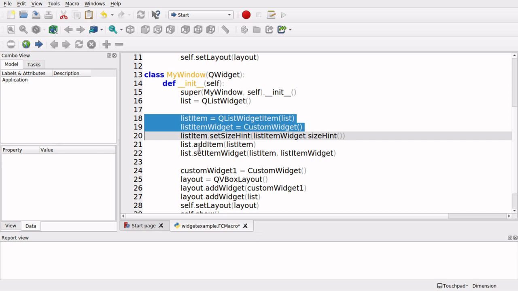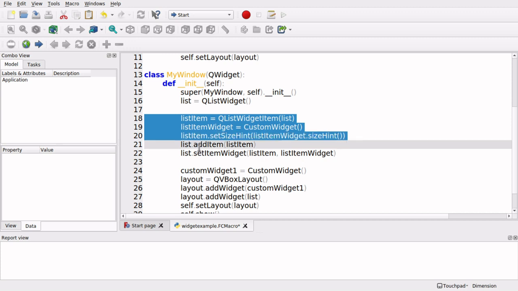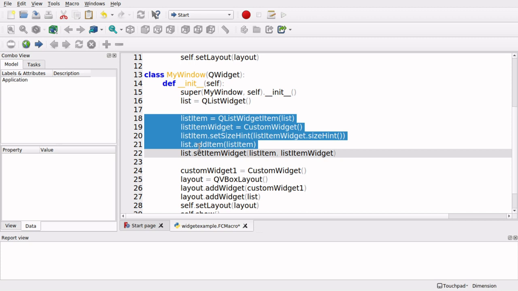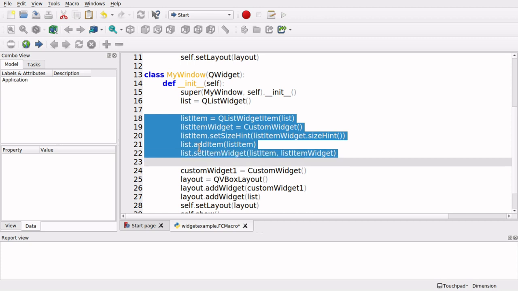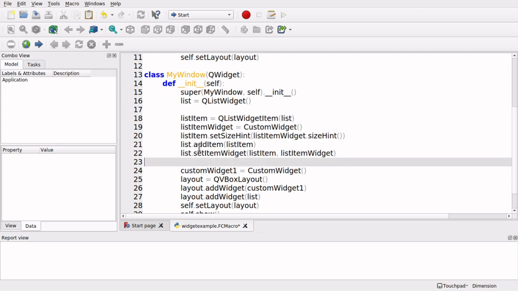So that part there, the list item widget, the setting of the size, the adding of the item, and the connection of the list item to the list item widget. So we just duplicate that up